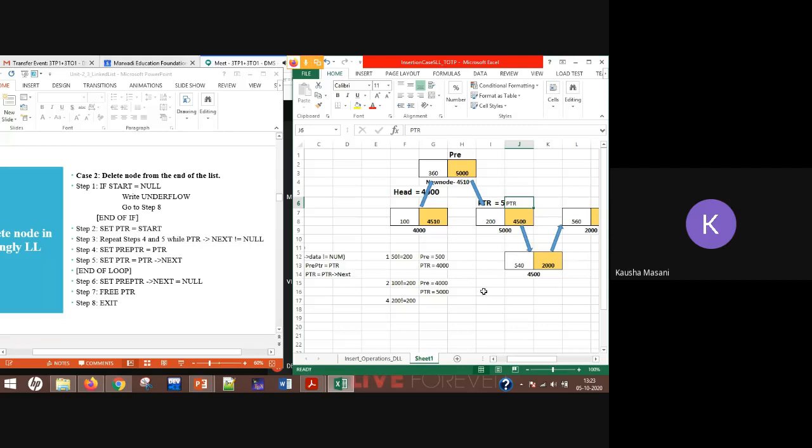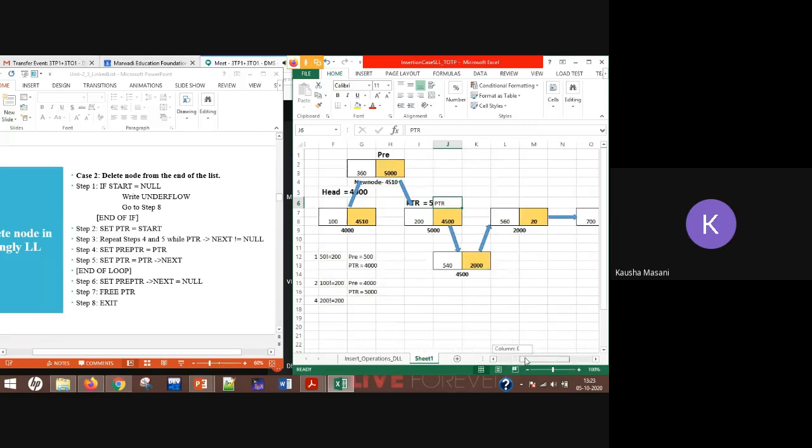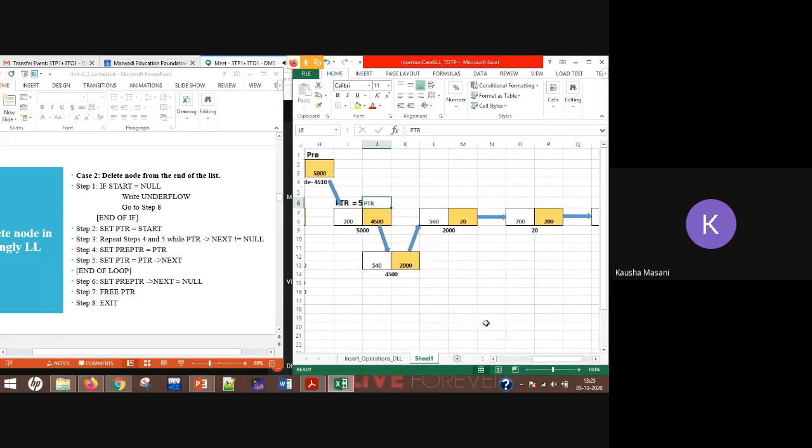Again, we'll run this cycle again. Again, the value of PTR next is what? 4500, right? So move. So what we are going to do? Pre-PTR here, PTR at this node. Again, PTR of next is 2000. Again, we are going to move.